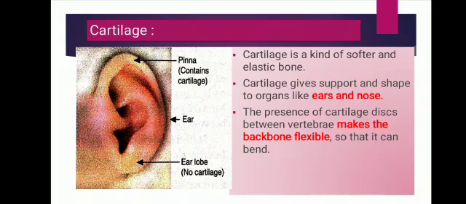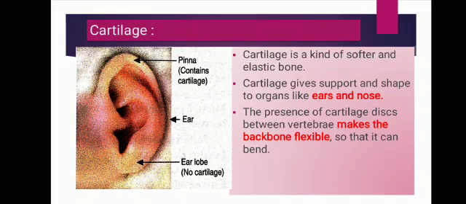Same as about the nose. If you feel the end of your nose, we can bend the nose easily. There is cartilage in the end of our nose, and the presence of cartilage gives support and shape to our nose. Cartilage is also found at the joints. So cartilage is smooth, and the layer of smooth cartilage reduces friction and allows the ends of bones to move easily over each other without damaging them.